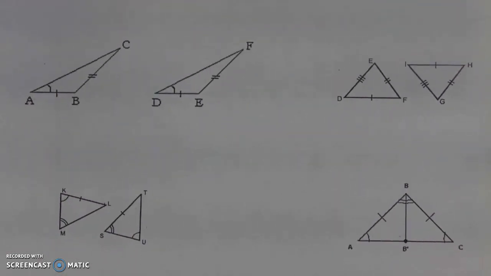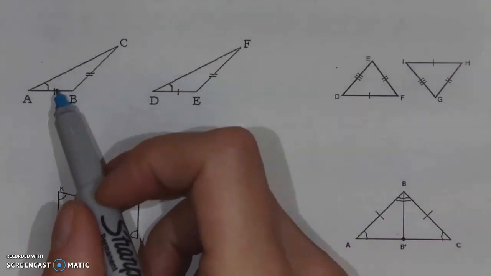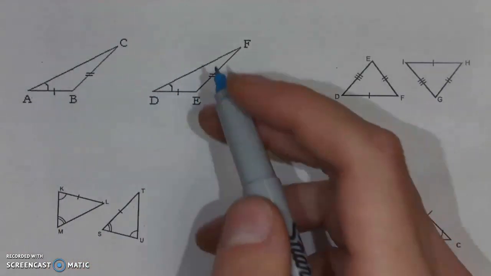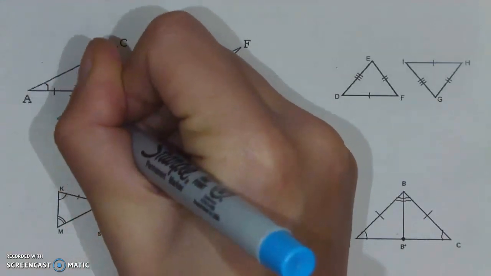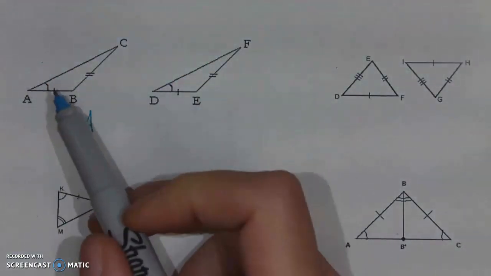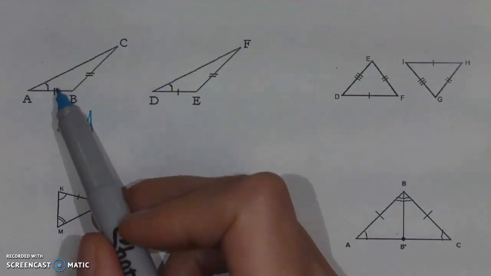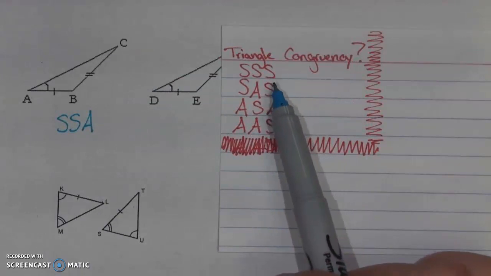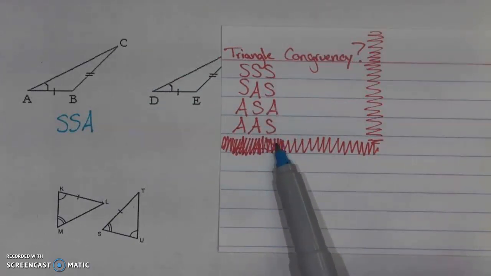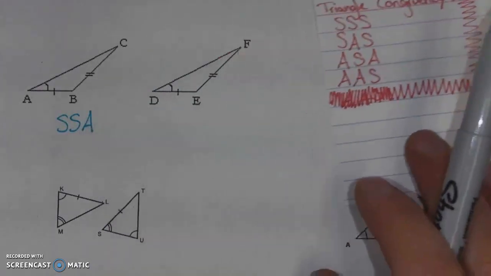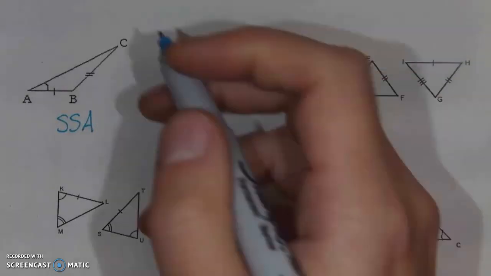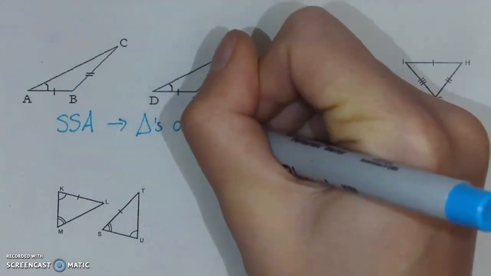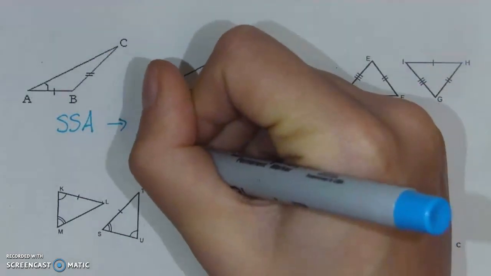Now keep in mind with these, order does matter. Here we have a side, and an angle, a side, and an angle. So I'm looking at SSA, watch the order there. And the angle is not between the two sides, so I know I can't write SAS. I can look at my list if I don't remember, and I know that this is not one of the options. So because it's not one of the options, in fact, I have a counterexample, I can say that these triangles are not necessarily